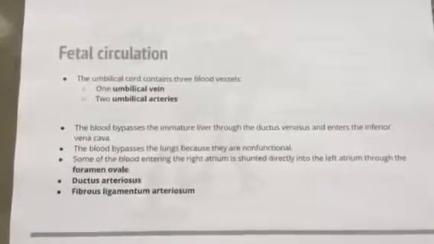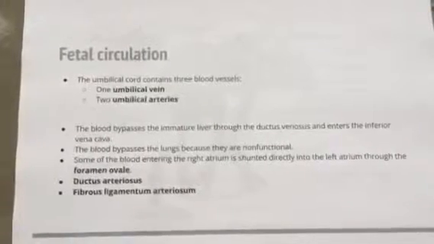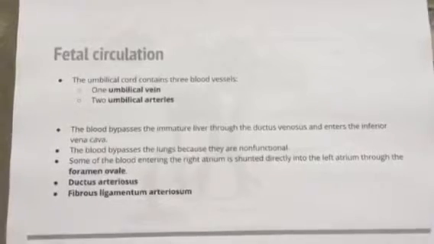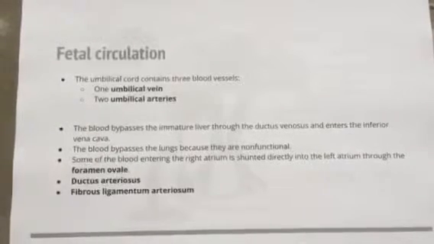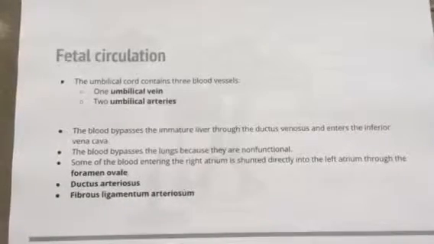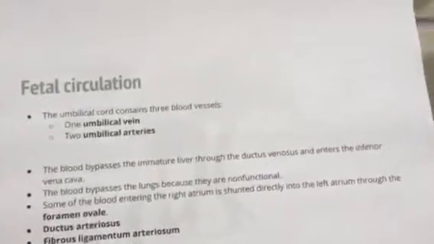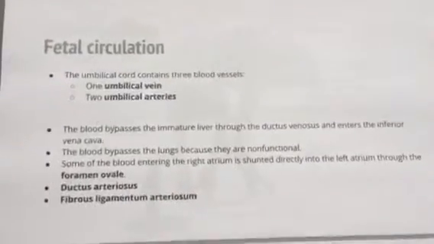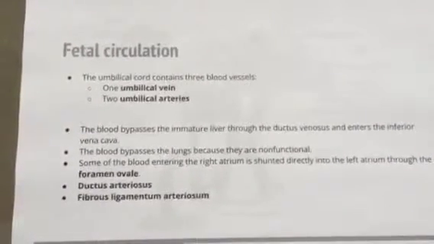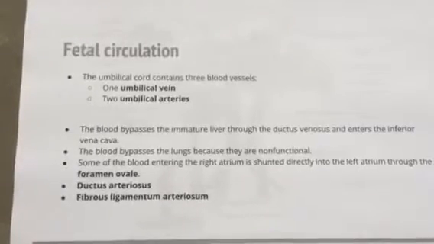The blood bypasses the immature liver through the ductus venosus and enters the inferior vena cava. The blood bypasses the lungs because they are non-functional. Some of the blood entering the right atrium is shunted directly to the left atrium through the foramen ovale. Blood that manages to enter the right ventricle is pumped out of the pulmonary trunk, where it meets a second shunt,